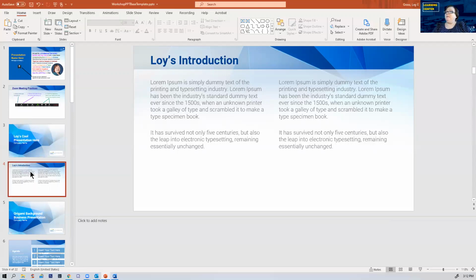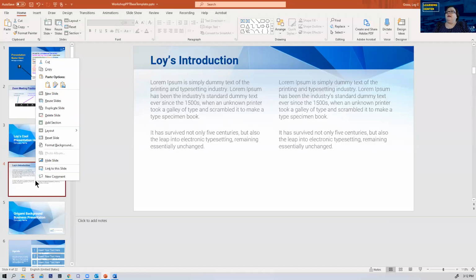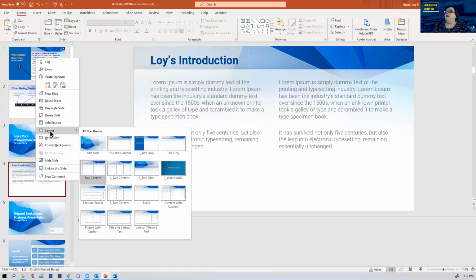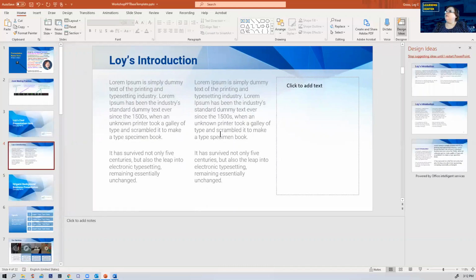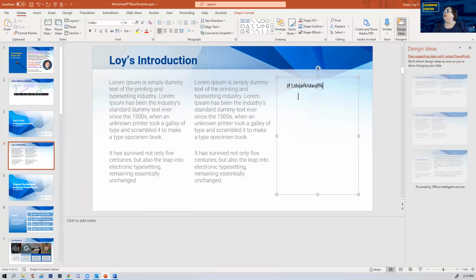Let's talk a little bit about how you edit a slide like this. Now, let's say I had started with this slide that has 2 columns, and then all of a sudden I realize I have a 3rd column of information that I would like to add. So I can right-click on this slide again. I tell you, I love this right-click menu because we can do all kinds of changes. Among those, we can change the layout. So instead of 2 content, I can make it 3. And notice that PowerPoint has kept the work that I've done so far and just added a 3rd area that I can now start typing in.